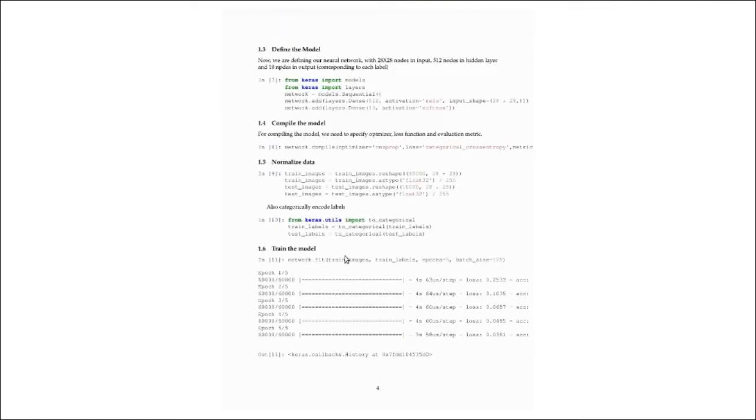So the network is like this: we have an input layer. This input layer has 28 into 28 neurons. It will take each pixel as input, followed by a hidden layer.